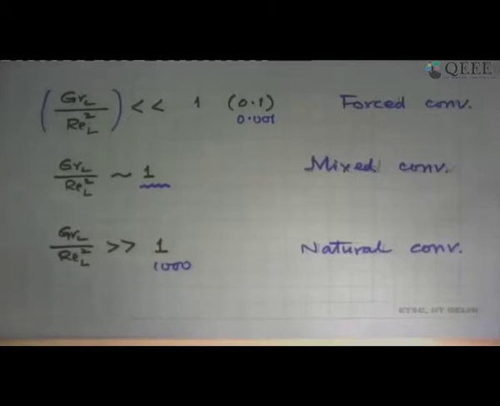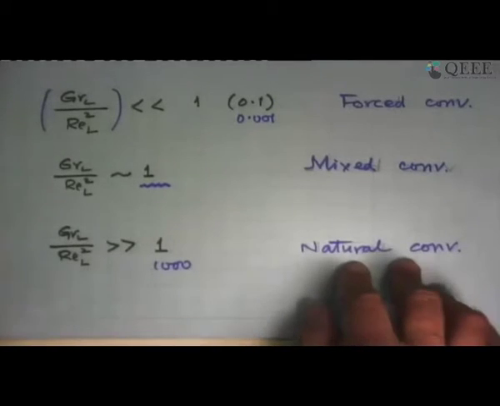What we still need to do is look at the other configurations in natural flow, because we have only looked at one case: a vertical plate in still air, heated or cooled, both cases the solution is going to be the same. Let's look a little bit at the dynamics of the boundary layer that is developed on the plate, and then we will go to other configurations.